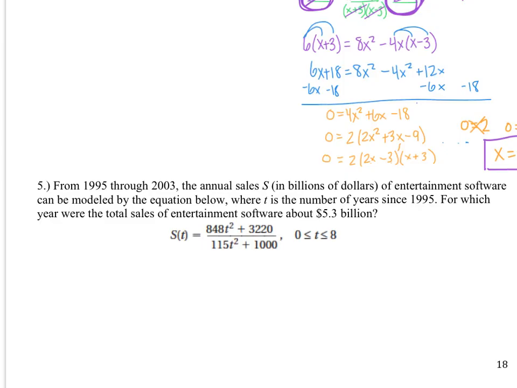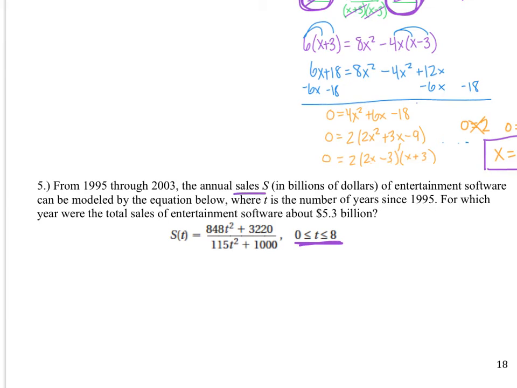Okay, last example. So number 5. It says from 1995 through 2003, so that's going to be 8 years. That's where t is in between 0 and 8. It has to be in between 0 and 8 years, your time. That's the time that we were given to be able to find. But it says from 1995 through 2003, the annual sales S. So sales, S is going to be your sale value